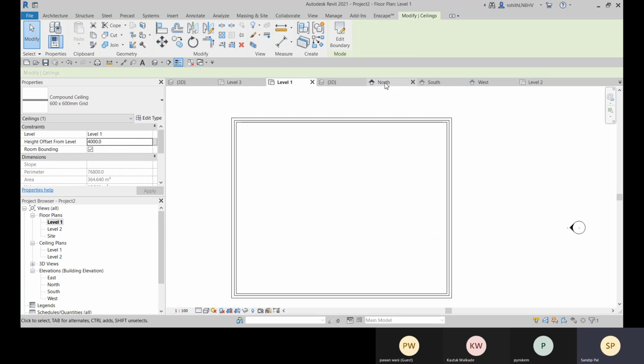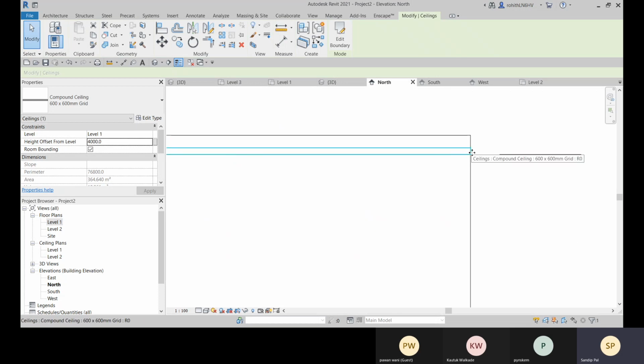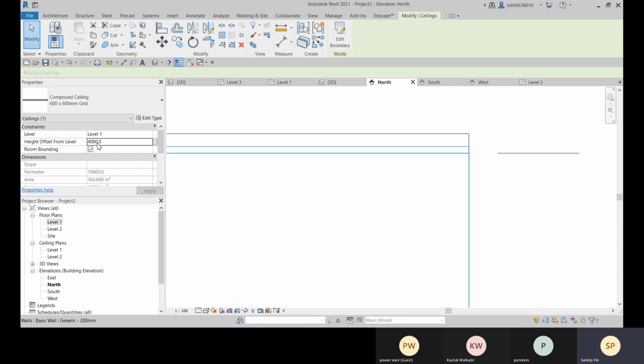Now the ceiling is created. Let me show you. Here the ceiling is created. Now you can see that it is created at that same level 2, because I have mentioned the 4000. So this will not be created at that level 2, because this is merging with this floor.